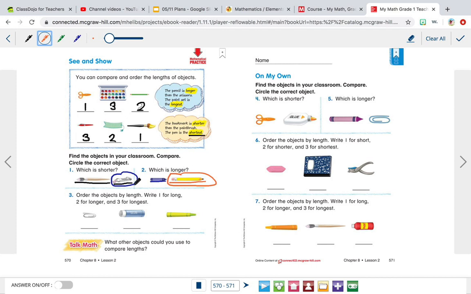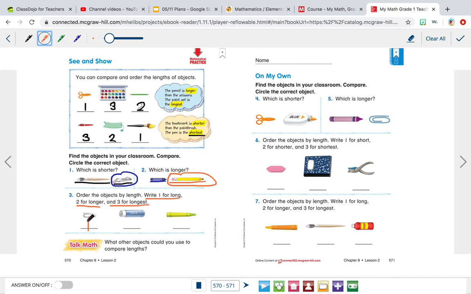Number 3, order the objects by length. Write 1 for long, 2 for longer, and 3 for longest. Okay? So we know that 3 is going to be the longest one. So which one do you think is longest? Well, we know that the shortest one is going to be a 1, and I think the shortest one is